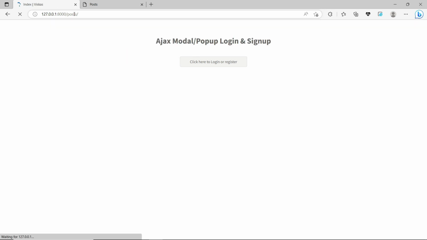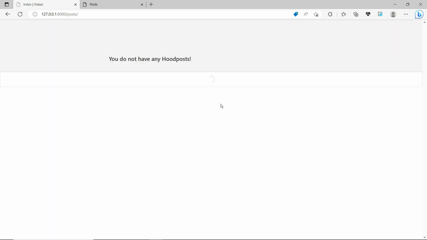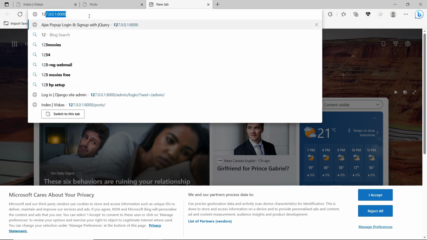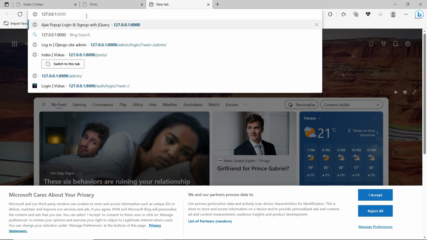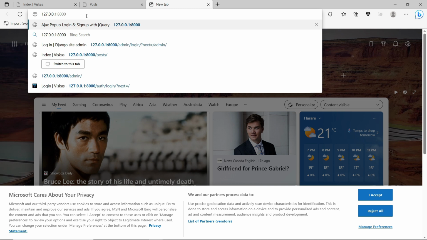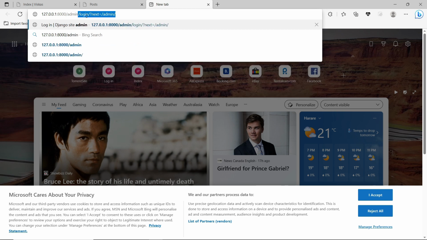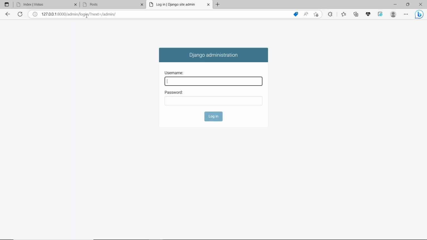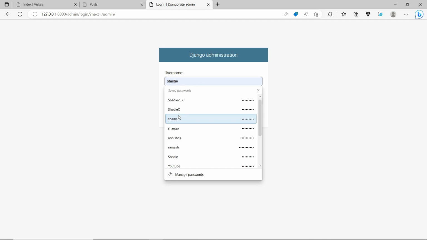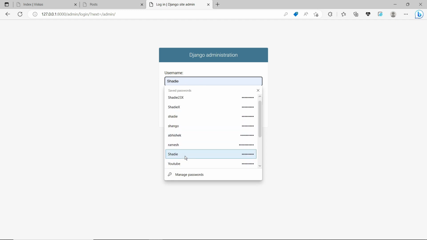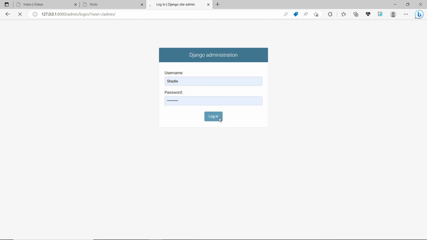So now, as you can see, it displays you do not have any wood posts there. The reason being, I haven't created any post yet. So I'm just going to go to my admin to create a few posts so you can see how it works. Okay, so I'll log into my admin dashboard using the super user.